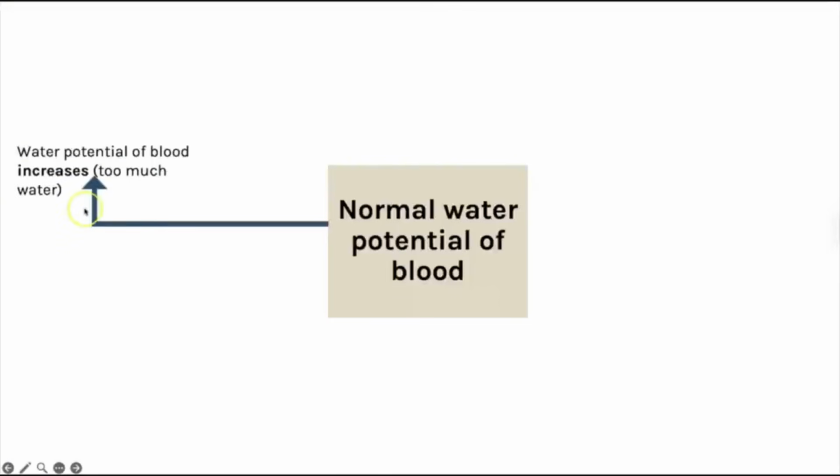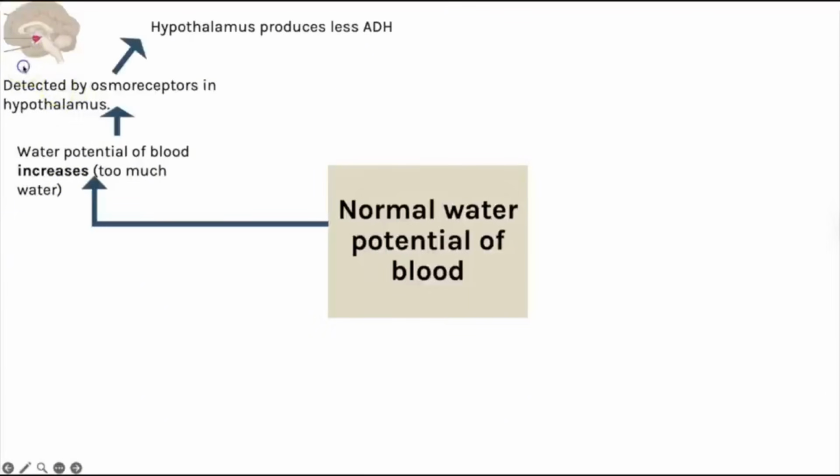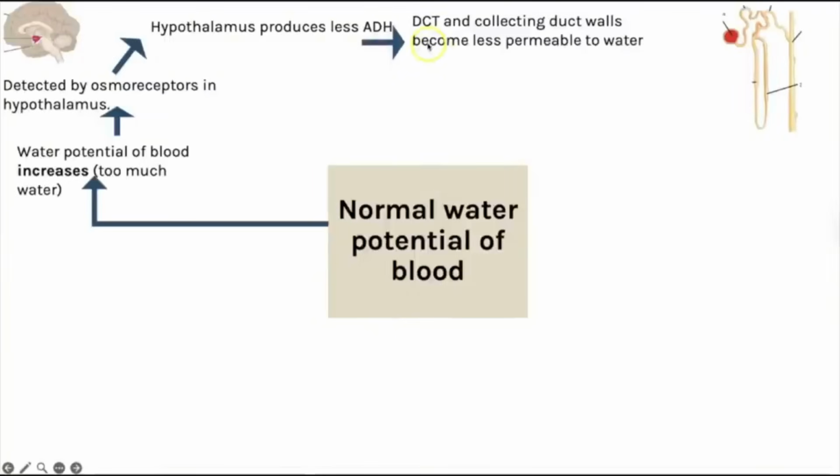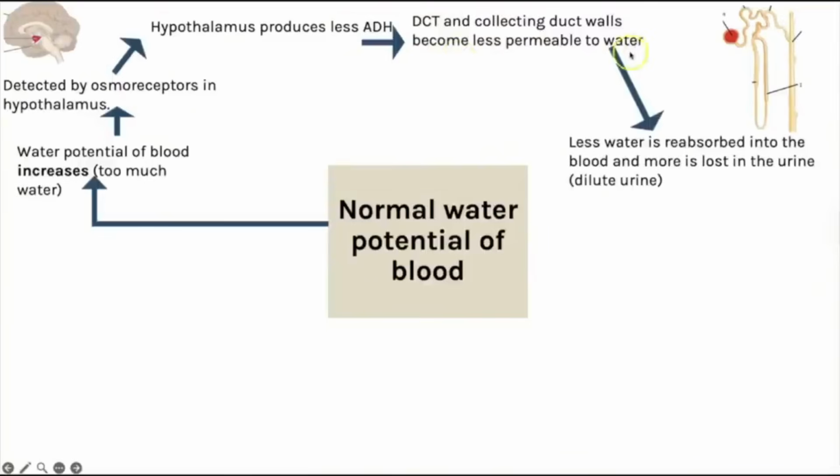So in summary then, if the water potential of the blood increases, meaning too much water, so you might have drunk a lot of water, that's detected by the osmoreceptors in the hypothalamus. The hypothalamus produces less ADH. The distal convoluted tubule, which again is not an accepted abbreviation, do not abbreviate it like that in the exam. You have to write it out in full. ADH you can abbreviate though. So the distal convoluted tubule and the collecting duct walls become less permeable to water. That means less water is reabsorbed into the blood and more remains in the filtrate in the collecting duct and goes on to create larger volumes of more dilute urine,